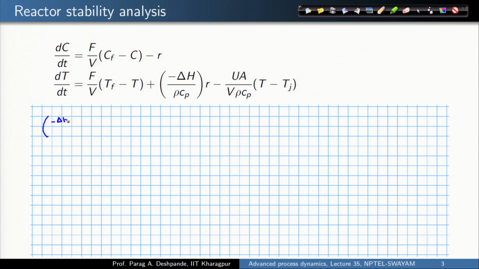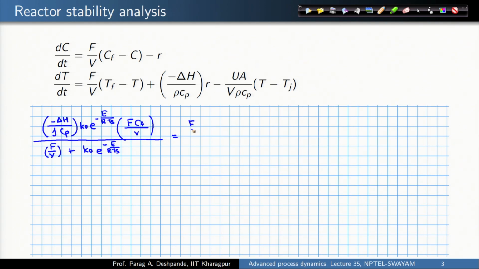minus delta H upon rho C p, k 0 e to the power minus E A upon R T steady state, F C F upon V, divided by F by V plus k 0 e to the power minus E by R T S. So, we are using the notation E, so let me get rid of this A here, E upon R T S, right, and this was equal to